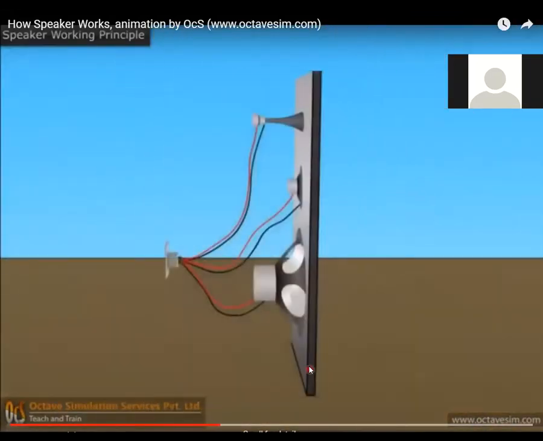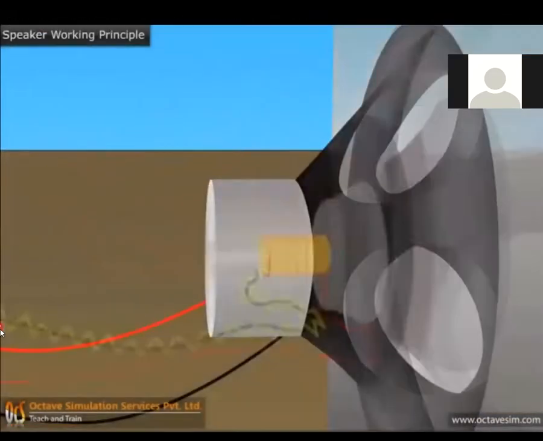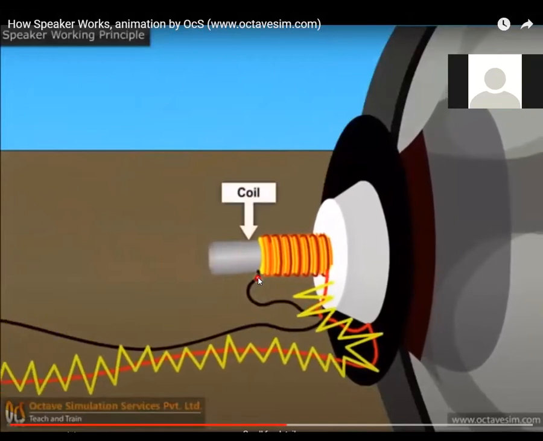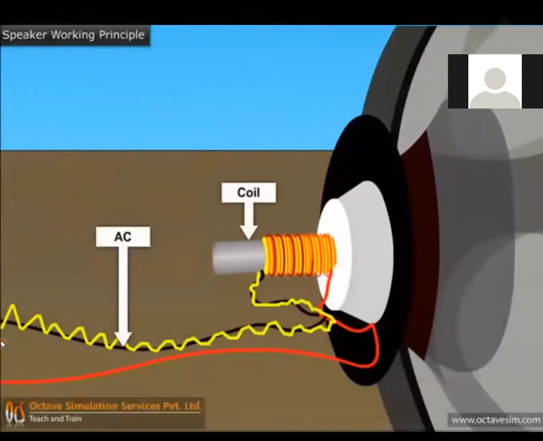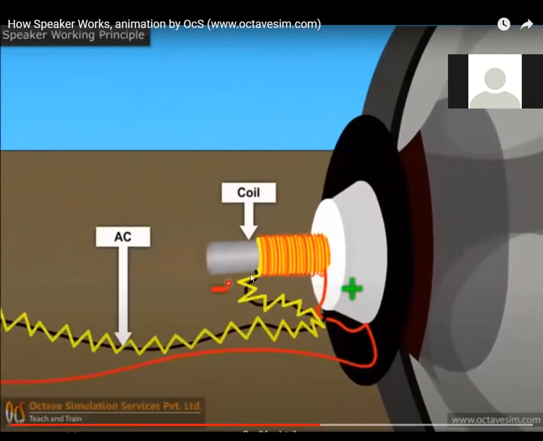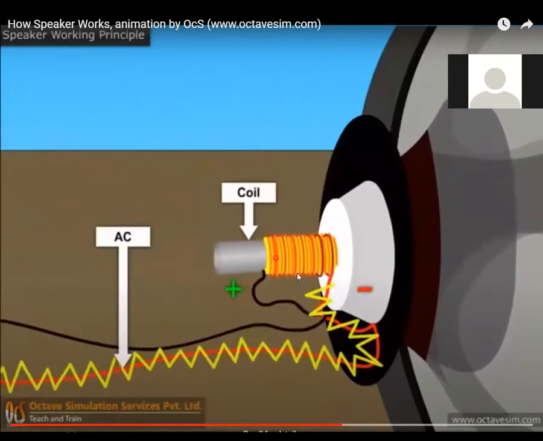Here you can see it is a driver which allows a computer to communicate with the speaker. And here the sound will come through a cable, in alternating current. And then it will go to the coil like this.